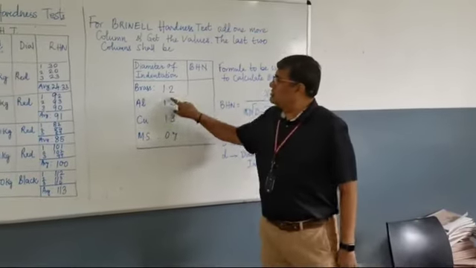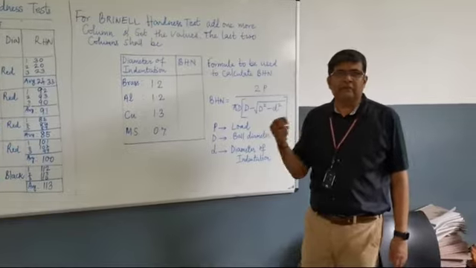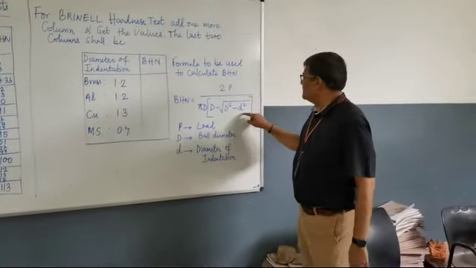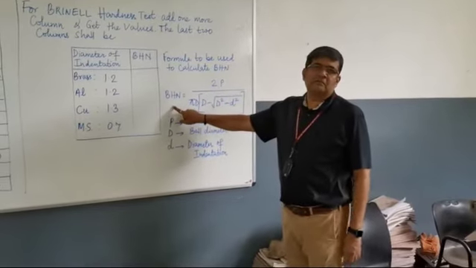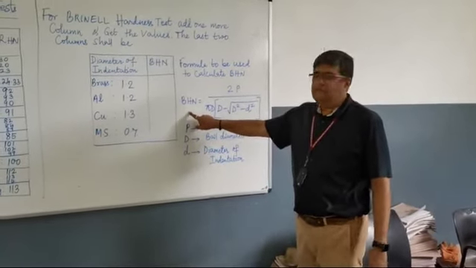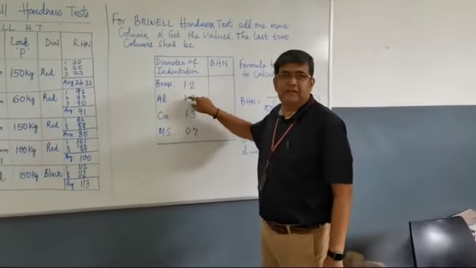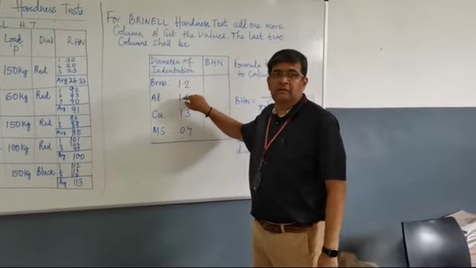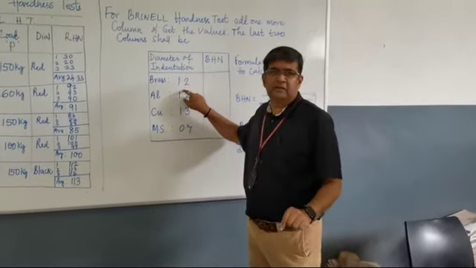Now if this also is 3.175, it obviously means both are the same, the diameter of the ball and the diameter of the indentation. So what happens in this case? This becomes 0, which means the Brinell hardness number becomes indeterminate. You cannot determine it. Similarly, if the value of the diameter of indentation is 0, that means the material is extremely hard. It is not allowing any indentation to be formed.